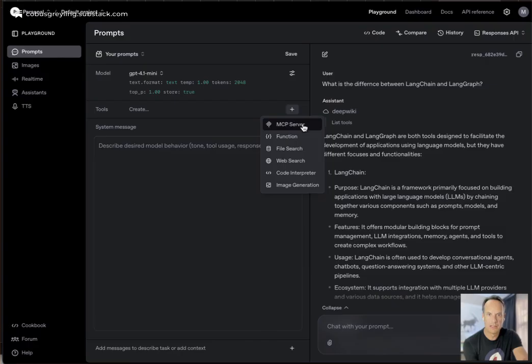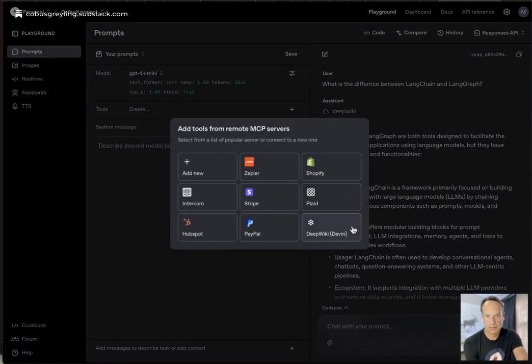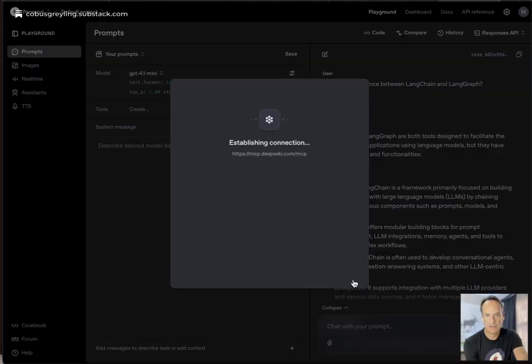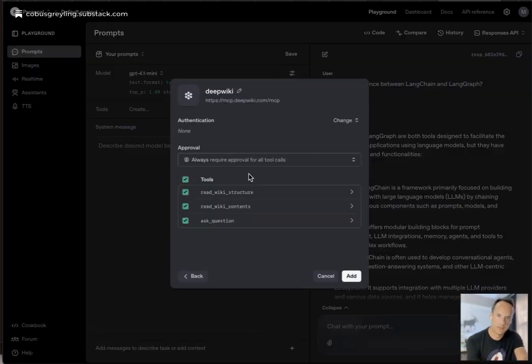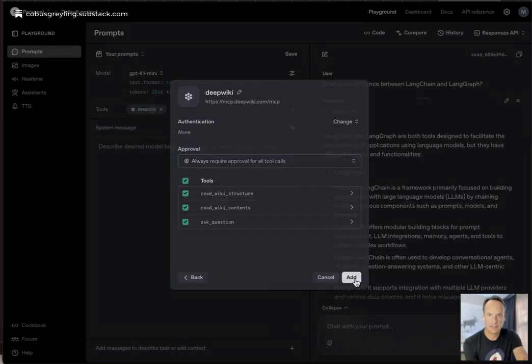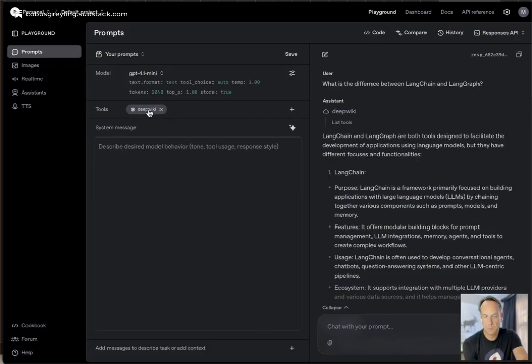I can go back to add a MCP client, and here's where I can choose my MCP server. Again, I'll choose DeepWiki. I click on connect and it will establish the connection. I select read, structure, contents, and ask questions. There's no authentication currently, and I click add. And there you can see is my MCP client, which obviously connects to the MCP server. And I can ask questions